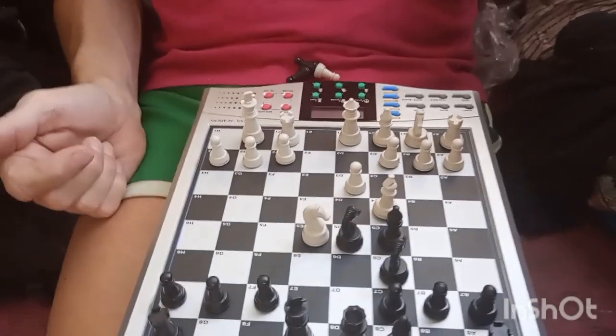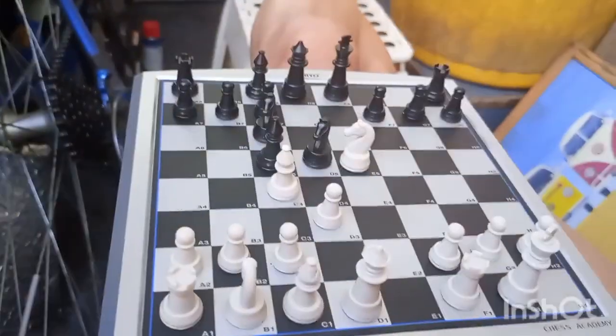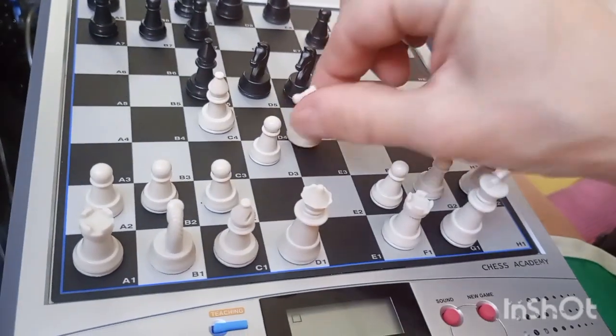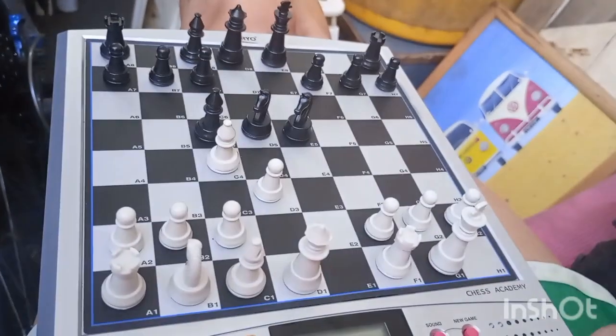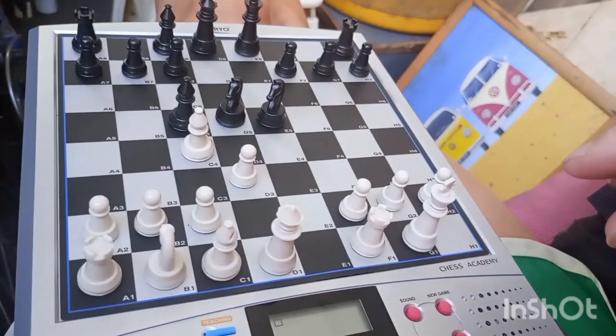He hasn't even castled yet, which is the advantage of being white. What you're going to do is, it took so long to do that. I knew he was going to do that. Okay, so he takes there. Now, I could, I think I'll just go with the